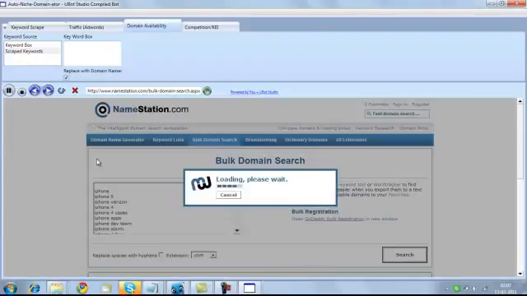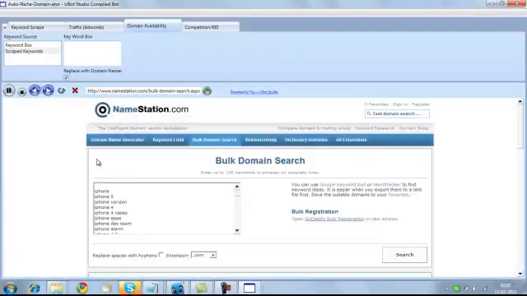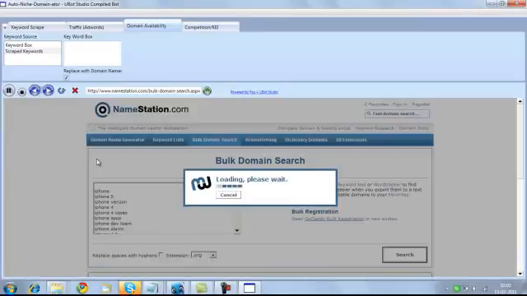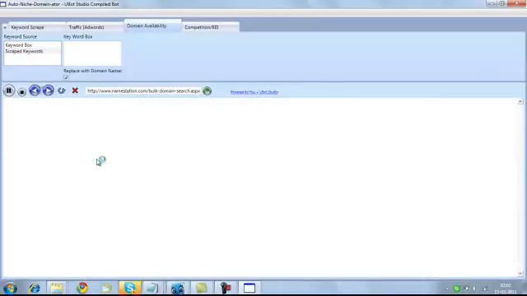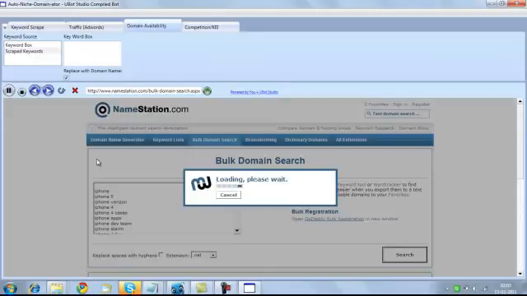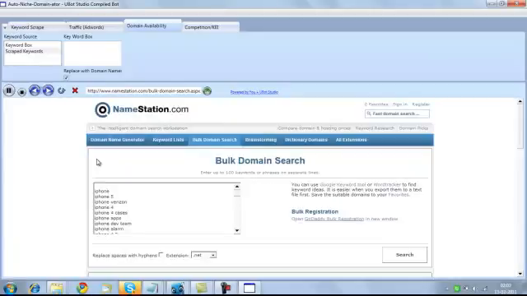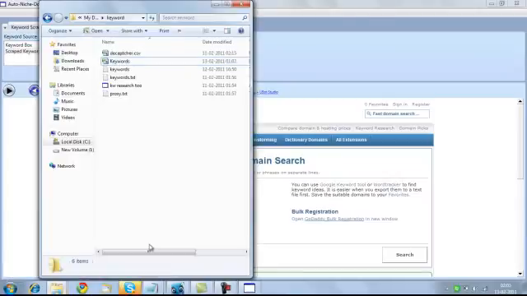Those 6 options are .com, .org, .net with or without the hyphens. So it will loop through all those 250 keywords, and it will find you the final list of available domains at the very end. Yeah, so while it's running, maybe I'll stop it for the time being and see what's there in the keyword file.